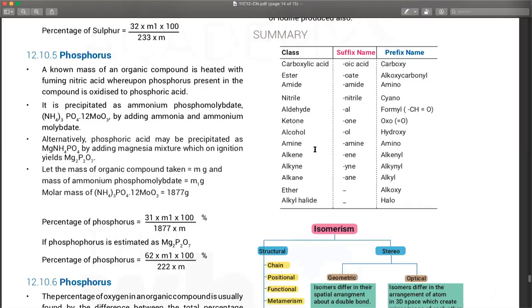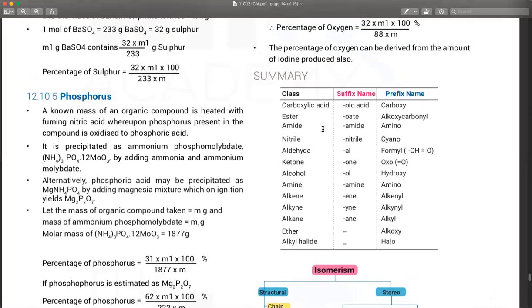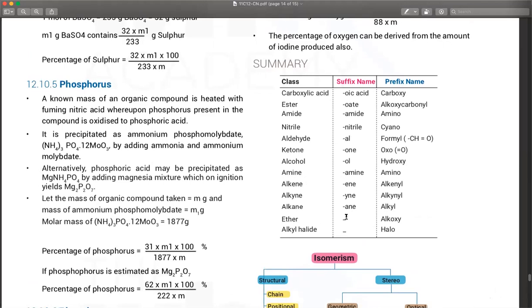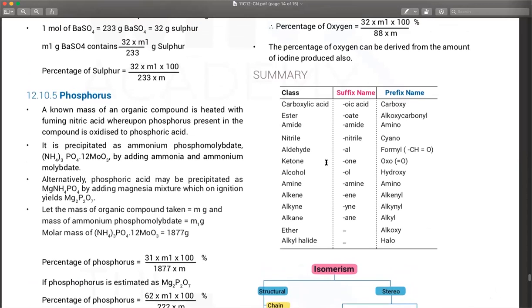Okay, where do we have the list of functional groups? That's good because all of this is in the same chapter. We can easily do this here. Oh, okay. This list is also not complete. This list is just whatever is there in your syllabus. Only that is given over here.